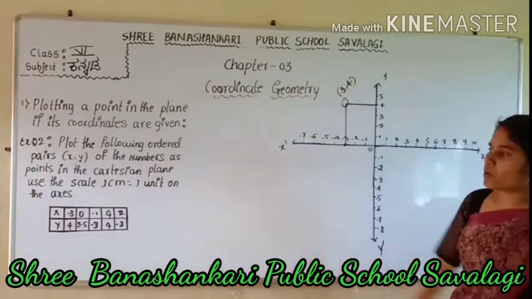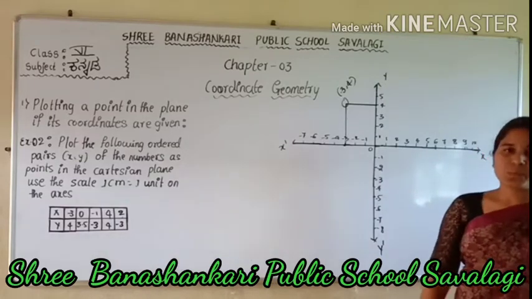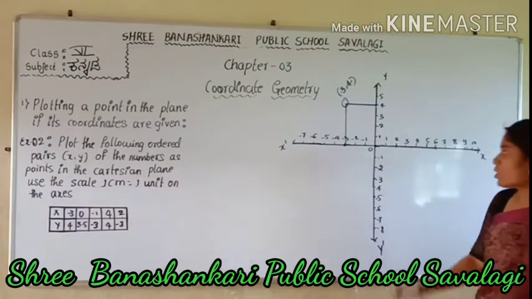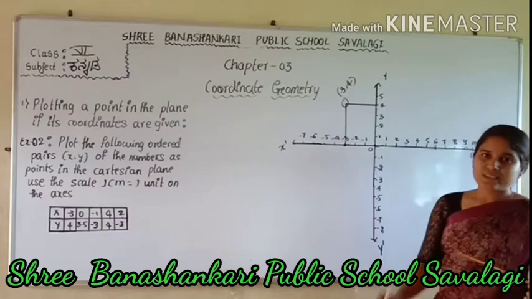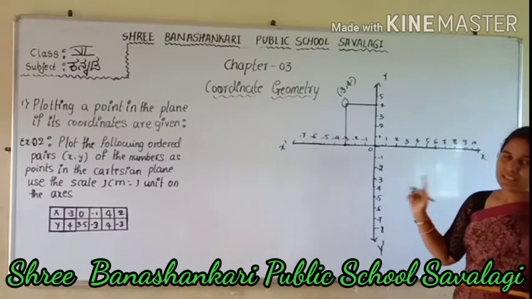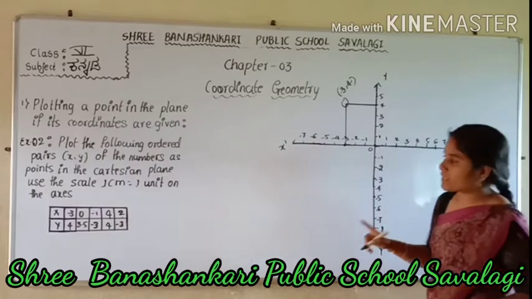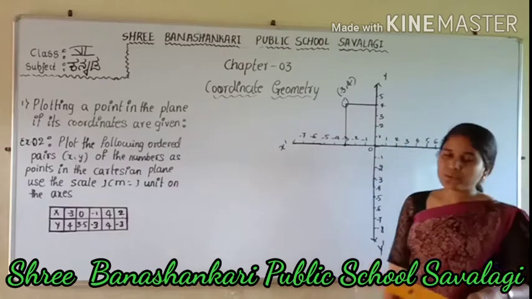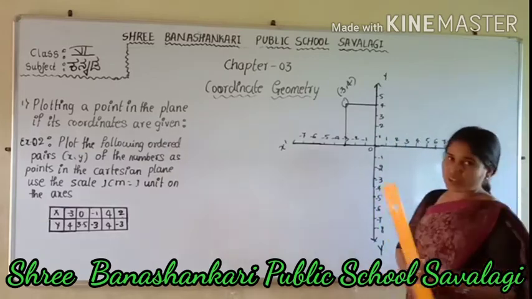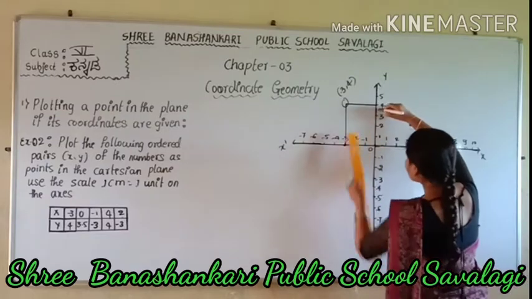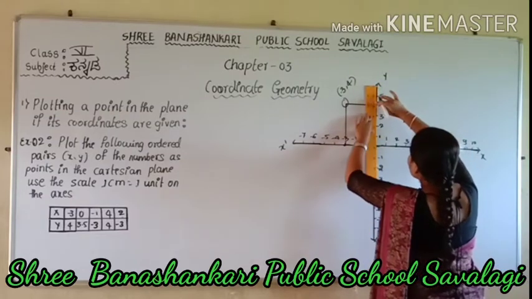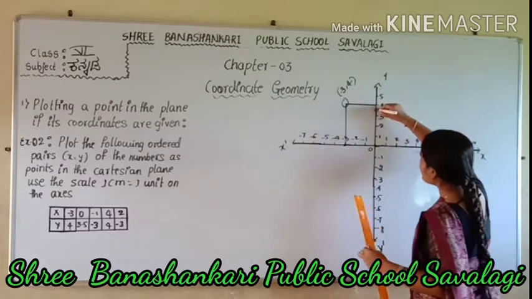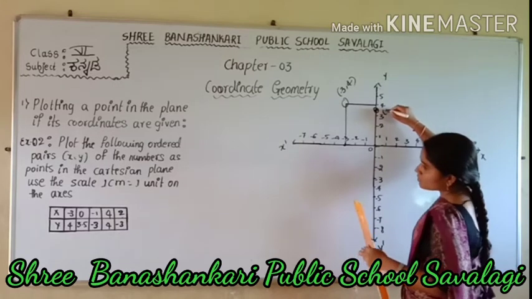And next we go for another point, that is 0 and 3.5. 0 is the x coordinate, which means it comes on the origin. If the coordinate is 0, it will be on the origin. And the y coordinate is 3.5. Here we have the 3.5, and that will come on the positive direction of the y axis. 3.5 means it comes in the middle of 3 and 4, and this is the point of the given coordinates 0 and 3.5.